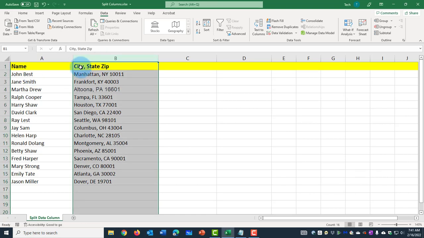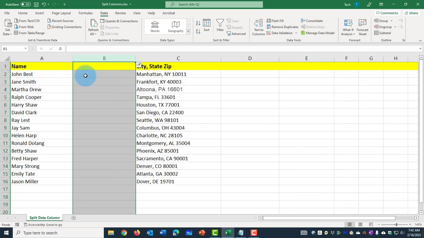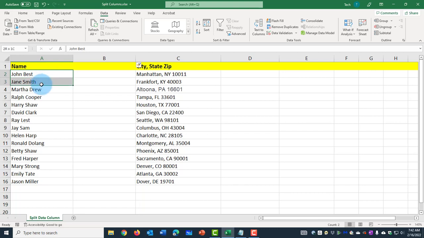So first of all, I'm going to create another column here. So I'm going to right click column B, click insert. So I want to place last name into this column B. So I'm going to highlight all the names in column A,